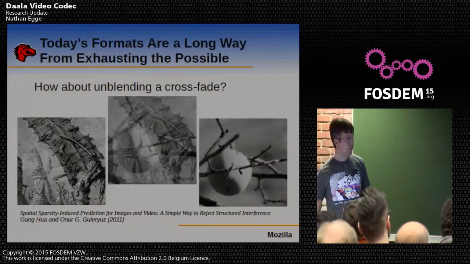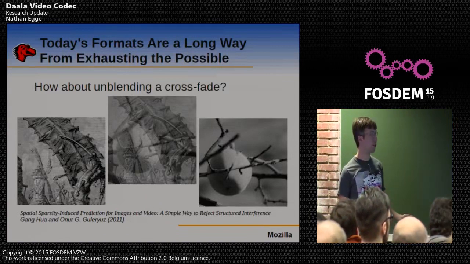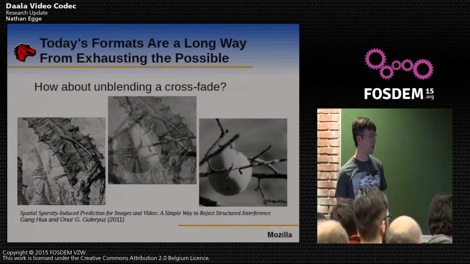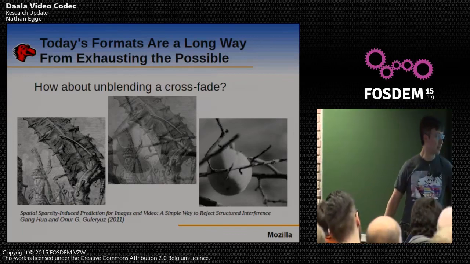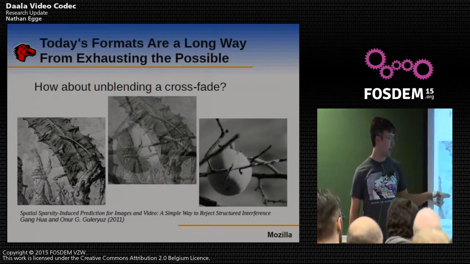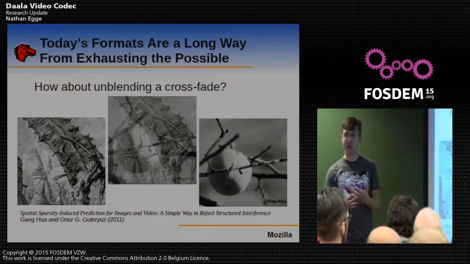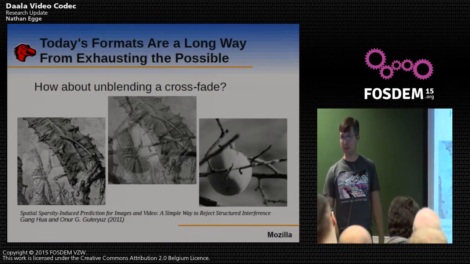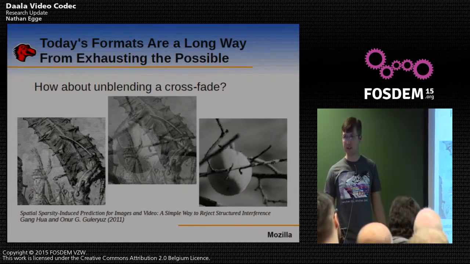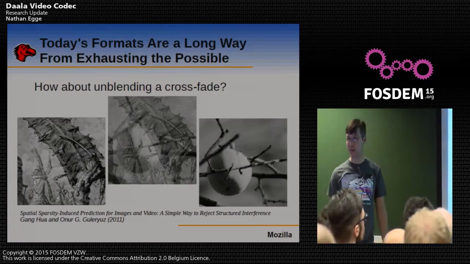And of course, the techniques I talked about before are really not the end of it. There's new and innovative work that's being done in this space. For example, this is a very interesting technique that lets you take the center frame that is a composite of the 2 other images and separate them. These are the result of doing spatial, or sparsity-induced prediction, where you're actually able to separate 2 frames that were overlaid. And this has computational cost that may be tractable in the next few years. So there are ideas that are new that haven't been deployed that we believe we can get a lot of gains out of.